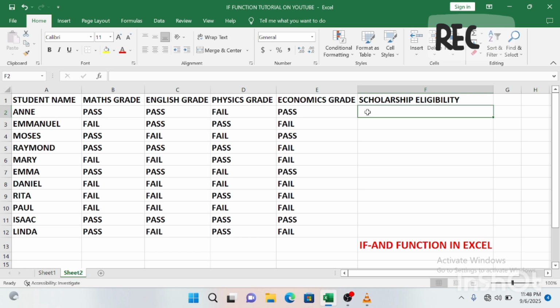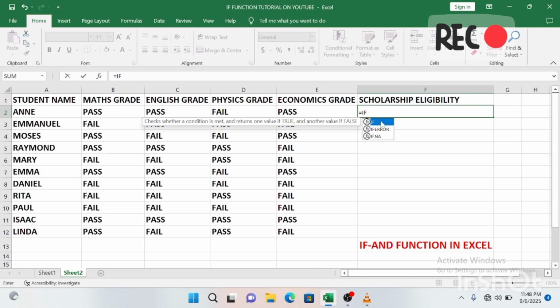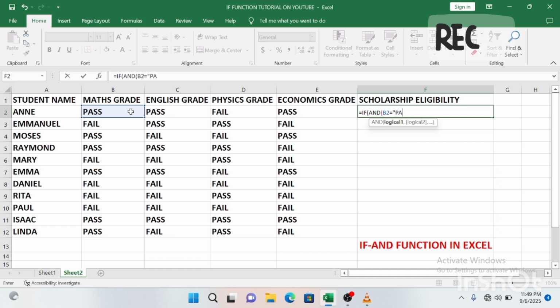You go with equals IF, you double tap on IF, then AND, double tap on AND. You make reference to the cell you want, the first student, Annie, the math grade, which is B2. Tap on it, equals, in quotation, pass, comma, you do the same for the second grade, which is the English. Tap on it, equals, in quotation, pass,